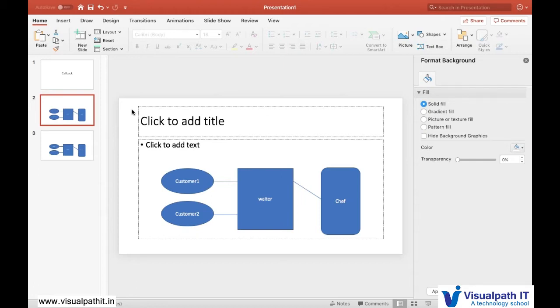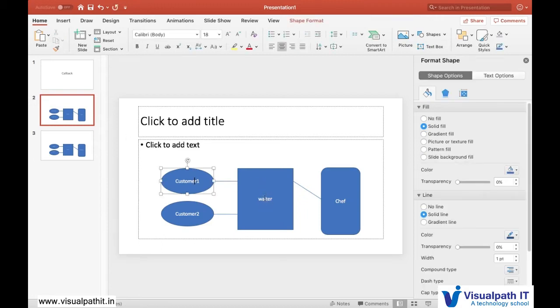So what is an asynchronous way? Customer one arrives and orders to the waiter, and the waiter goes to the chef and the chef assigns a time period, and customer one is told you should wait for 5 seconds, and when the order arrives I'll give you a callback. Similarly, customer 2 gives the order to the waiter, and the waiter provides a timer to customer 2, and when the order arrives he can serve customer 2. Similar to customers 3, 4, 5, 6, that is the asynchronous way.